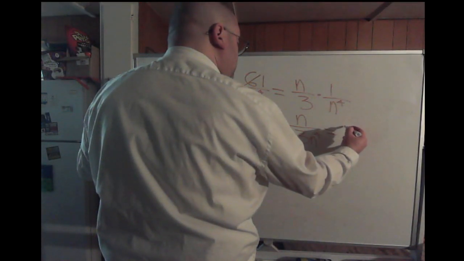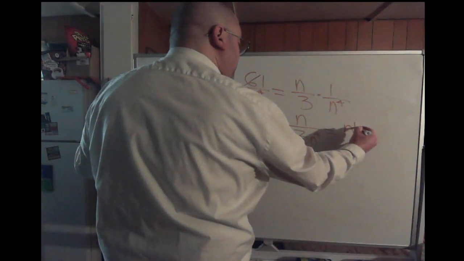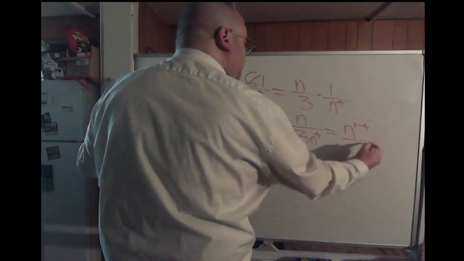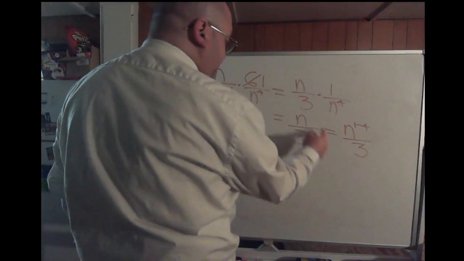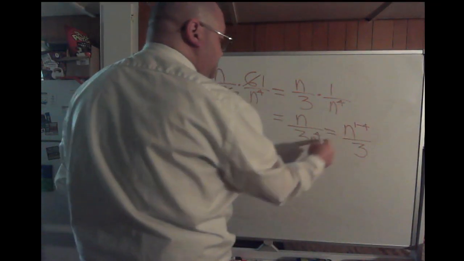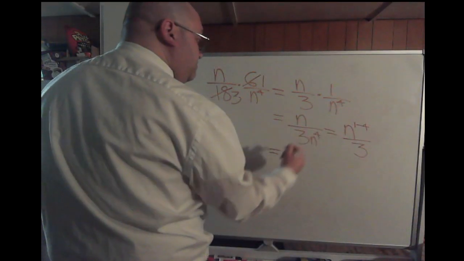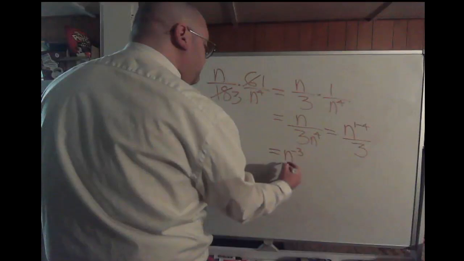So in the numerator, you have n to the 1st minus the 4th power all over 3. You do the power in the numerator minus the power in the denominator. So n to the 1 minus 4, that's going to be n to the negative 3rd all over 3,